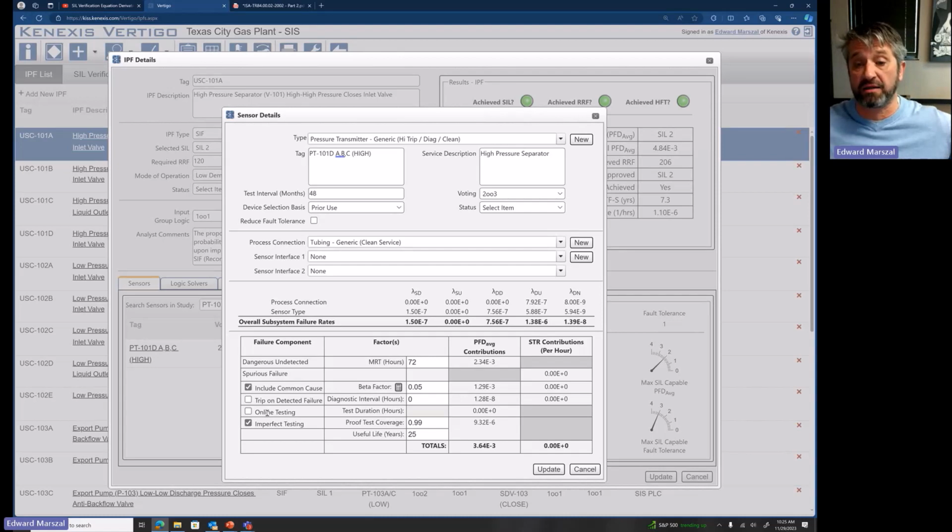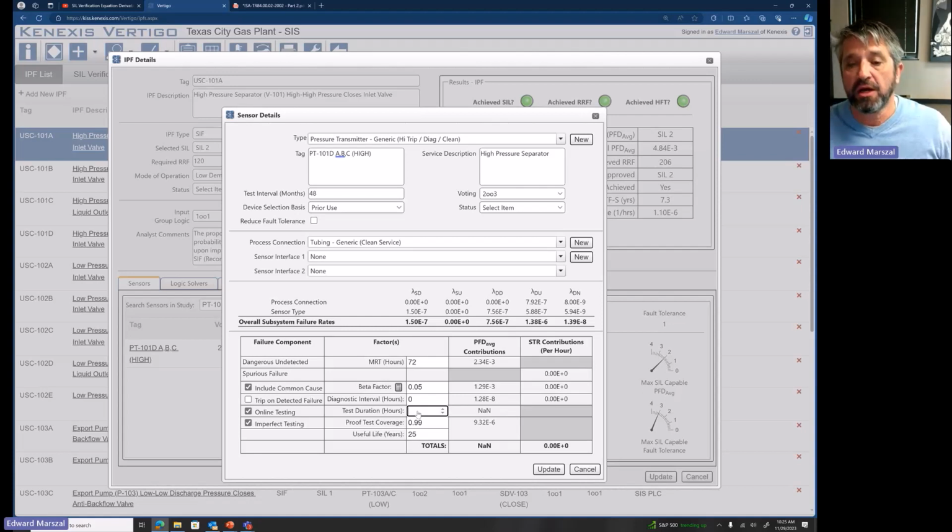I'm not doing any online testing. But what if I did want to do some online testing? So I'm going to say, yes, I'm going to do online testing. And then I need to put in, well, how long is this device in bypass to perform the test over the entire